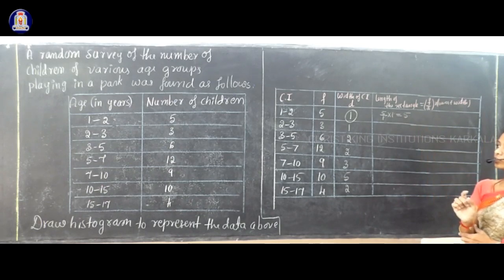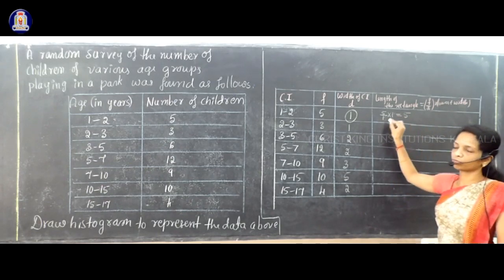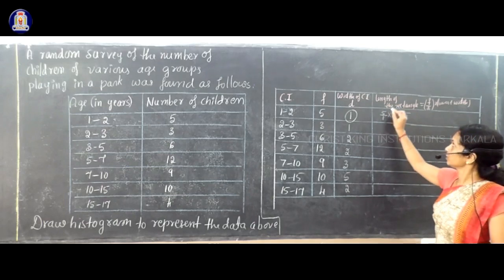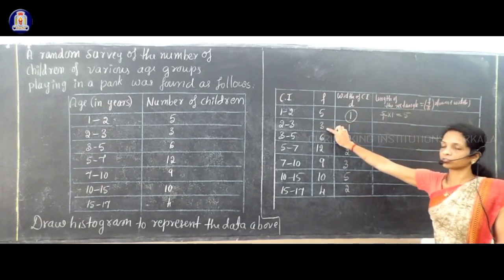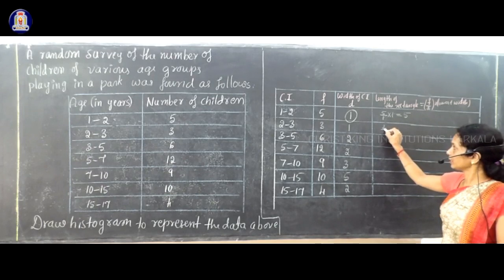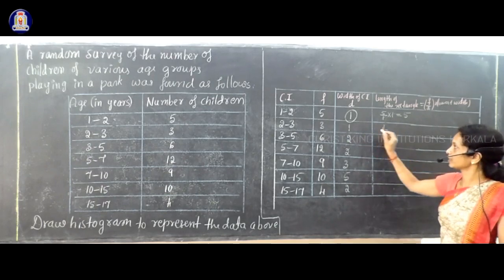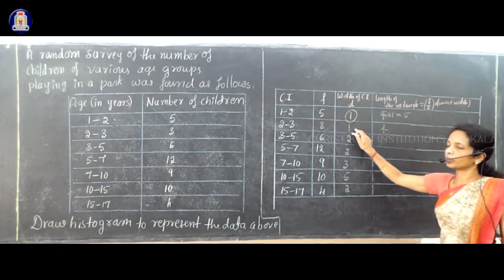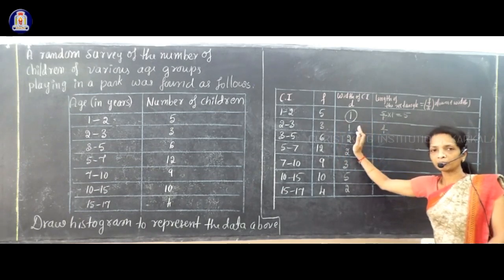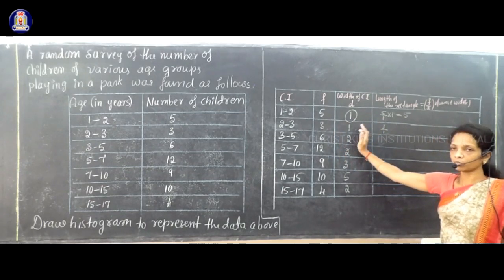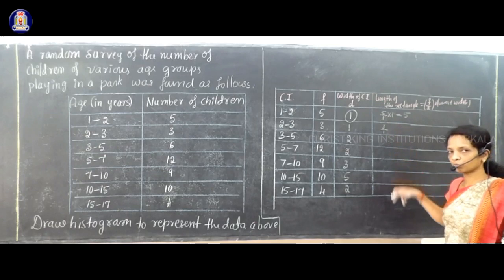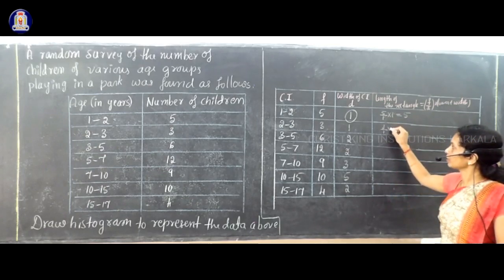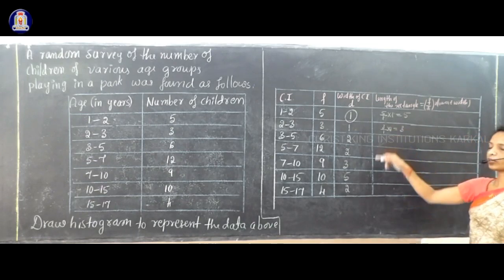For the next class interval, actual height of the rectangular bar is f. What is f for that? It is 3. Okay, 3 divided by d. D is 1. Second column dividing by third column and into 1. That is the same for all. Okay, 3 by 1 into 1. Here also answer is 3 after cancelling 1 by 1.